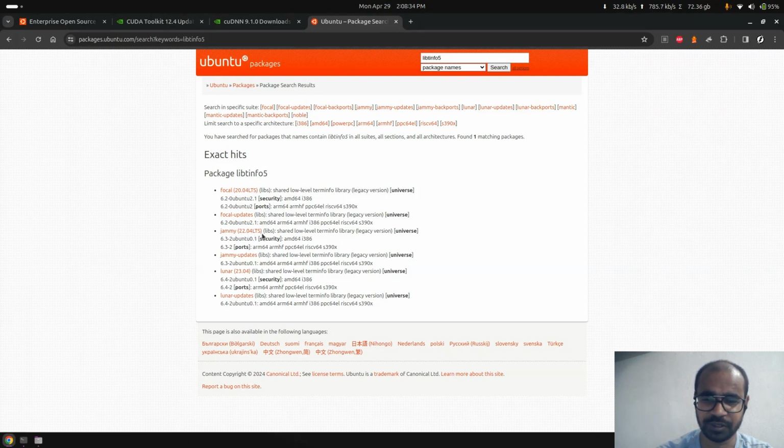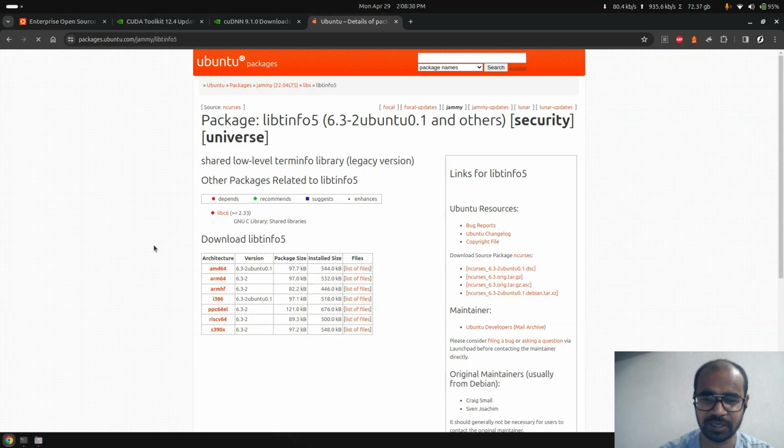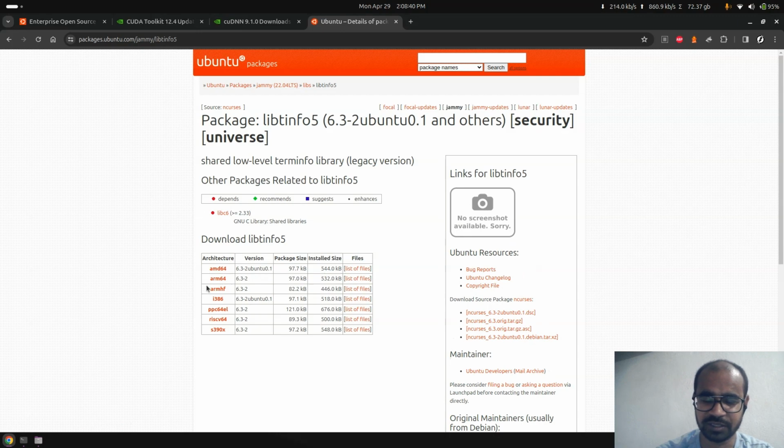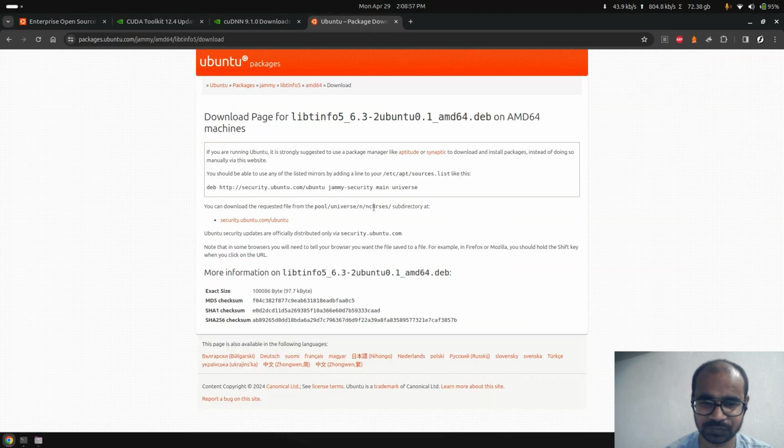Just by clicking open, you will get a page showing the available links to download it. As my system is 64-bit, I will go for the AMD 64-bit, and you guys can go according to your system architecture. And after opening the page, you just need to copy out the command